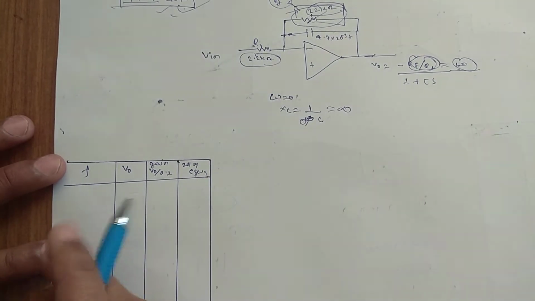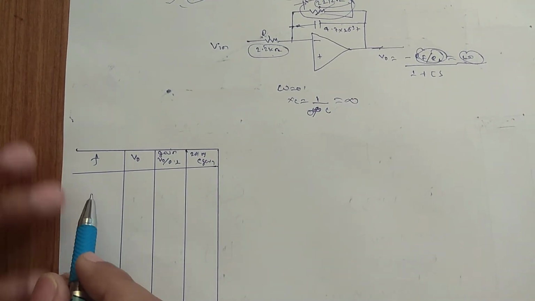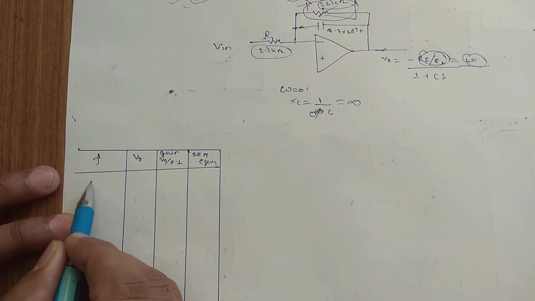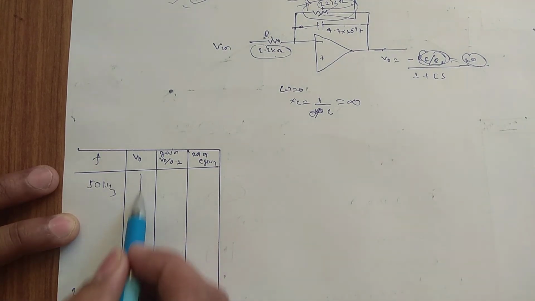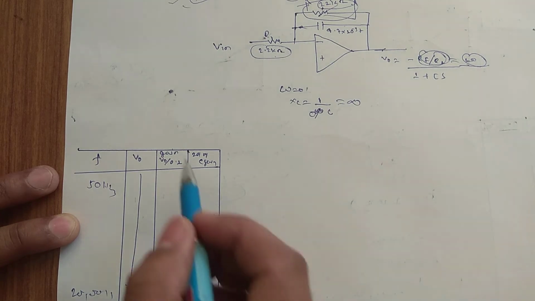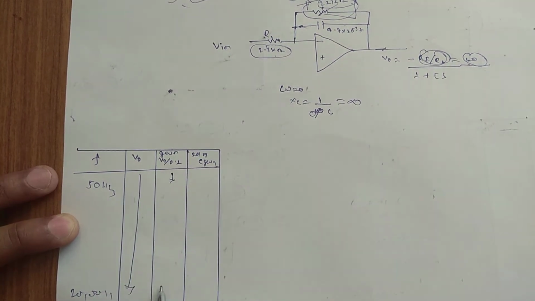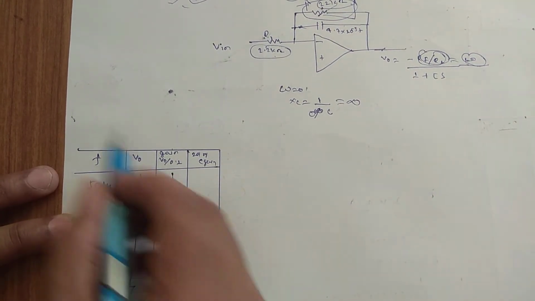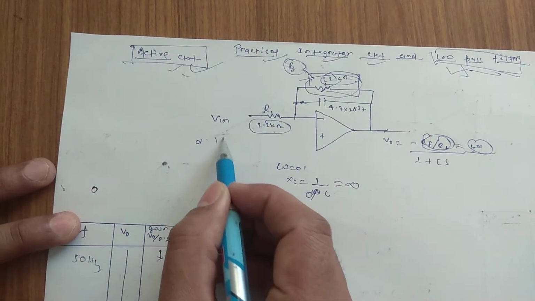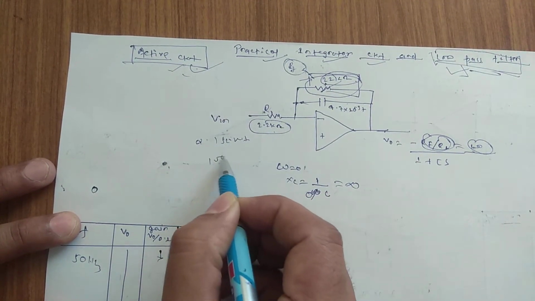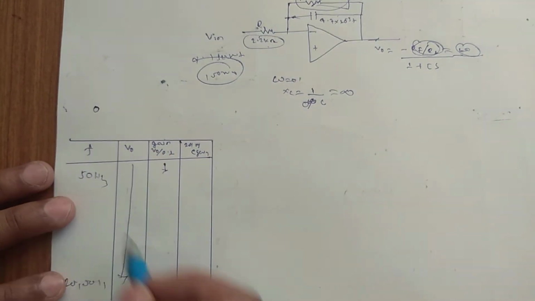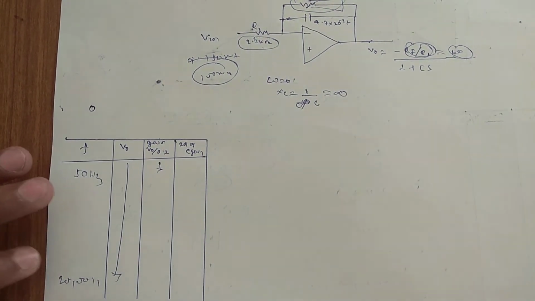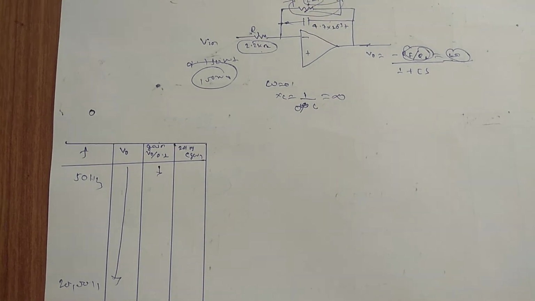Now what we are going to see? We are just going to do the Bode plotting. We are going to change the frequency from 50 Hz to 20,000 Hz and jot down all the outputs. This column is going to calculate gain, V0 by 0.1, because we are applying 0.1 sin omega t, meaning 100 millivolt. This is your gain column. After seeing this, we will again do the calculation.